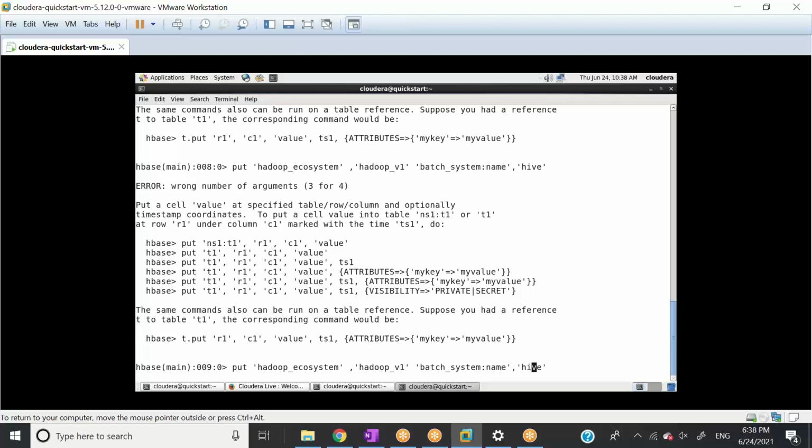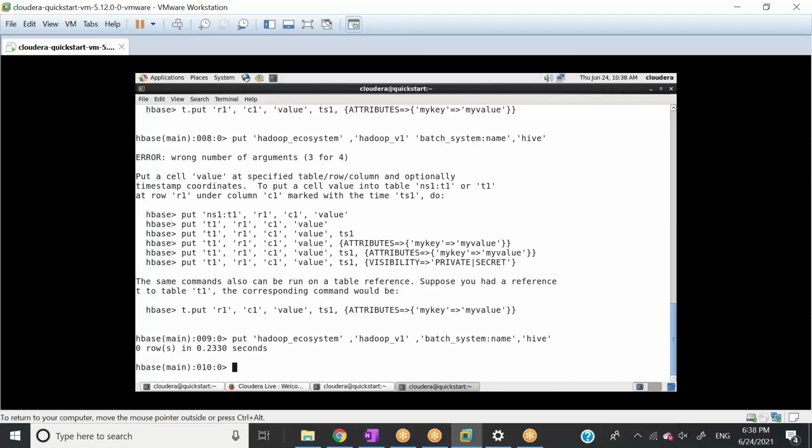One second. It should be fine. Put. Then I go for ecosystem, that is good. Then comma is good. Then I create Hadoop v1, that is good. Okay, this comma is missing, right? Okay. So now one row is inserted. So after every item, we need to put comma blindly, right?